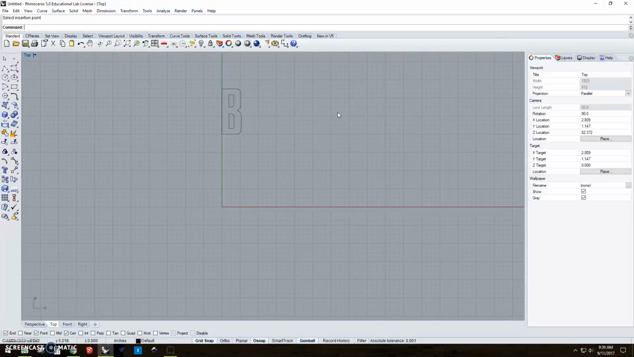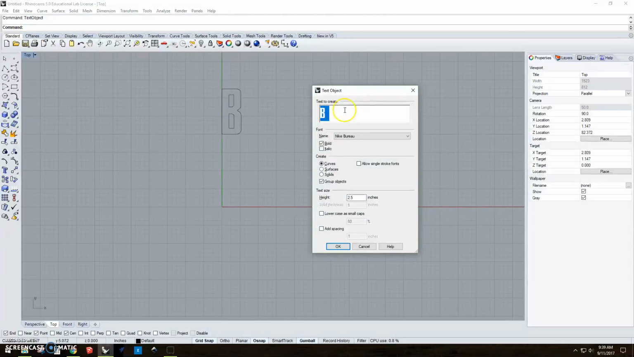For our second and or third letter, if we're doing 3, we can do the same thing. All I had to type was TE and it auto-populated text object. So we'll click on that and hit enter. I'm going to do BB for Banks Braves, so this is all set. I've got it bold, I have curves selected, group objects, it's already set to the appropriate height in inches, and